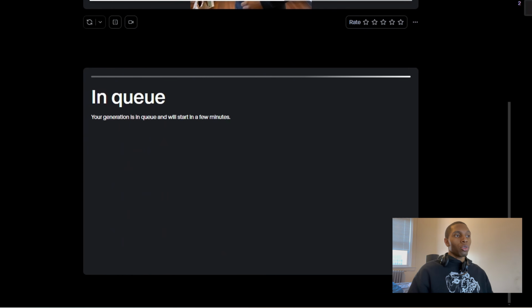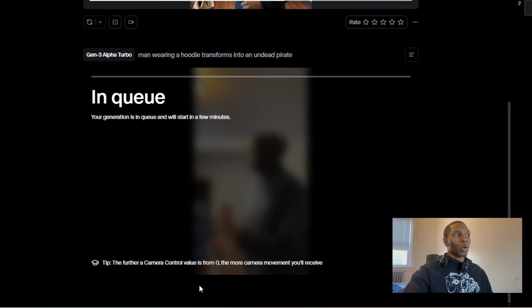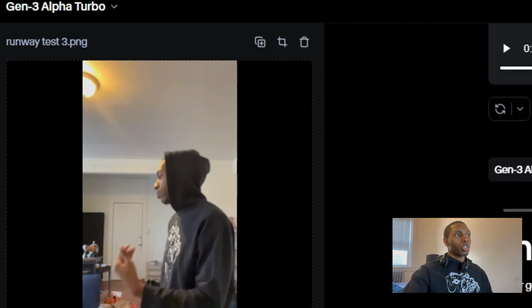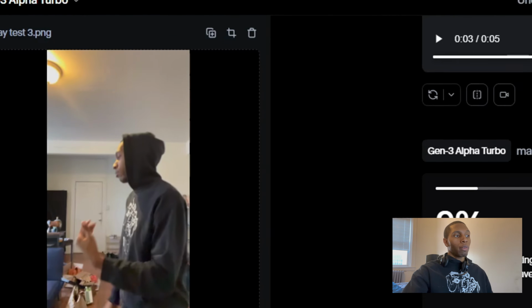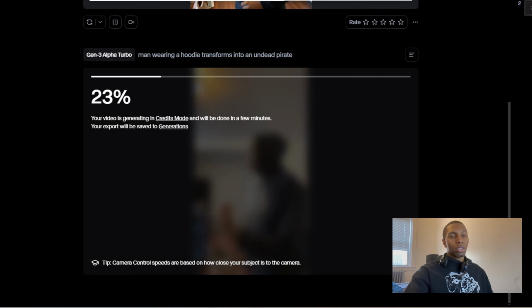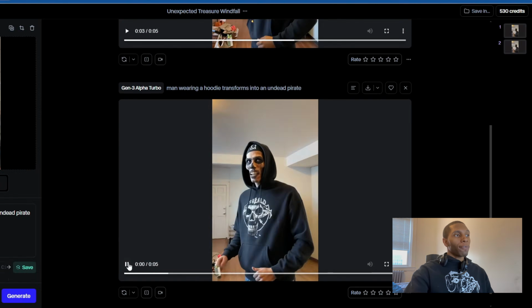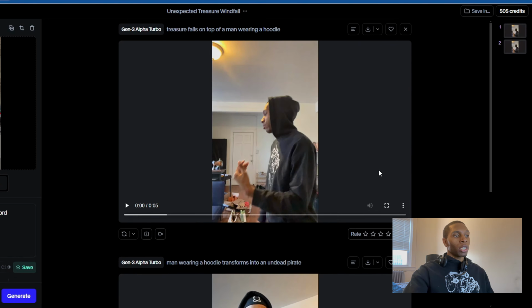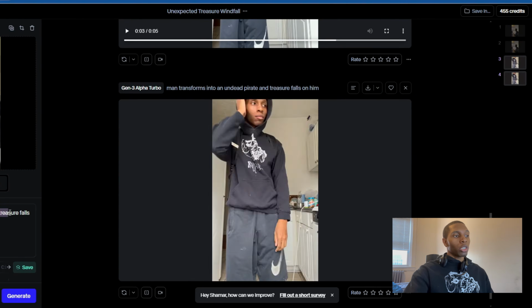All right, so after you're done with that, just hit generate, and it's going to be really fast, especially if you're on the turbo model. If you don't know where to find that, just go up to the top. It says right here Gen 3 turbo, and when that's on, it generates pretty fast, so you don't have to wait too long. After you're done with that, just download all your videos, and we're gonna throw them back into